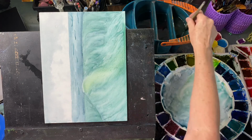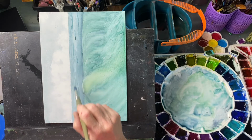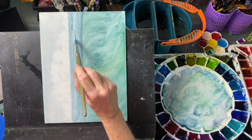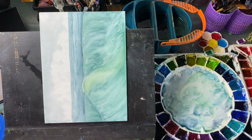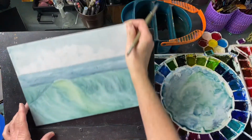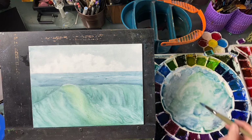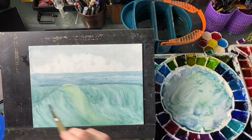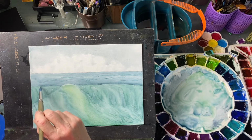The other thing I can do is just draw. Like I said, I can use clean water and just let them flow that way. And that way you're helping it move is what you're doing, basically, there. Okay, so I'm liking that. That might be a little harsh. We'll decide as we go. So if I want this definite movement here